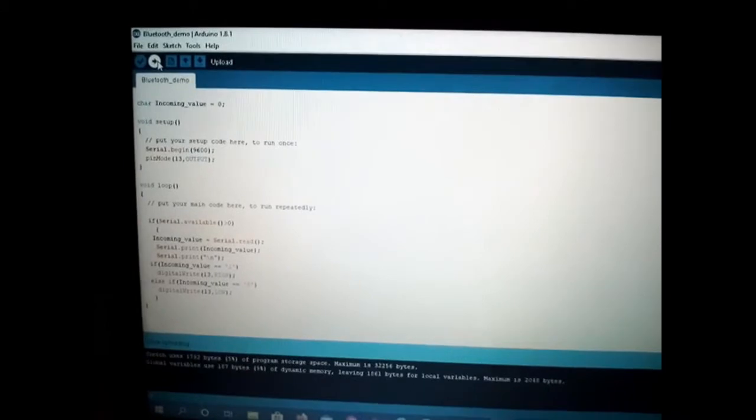This program you have to upload into your ATmega Arduino board. In the previous slide I showed you how to upload this program. Before that you have to verify, that means compile, to check for syntax errors in your program by making use of this button. Once you have done with this, you have to start your mobile app. So for that, let us go to our mobile.